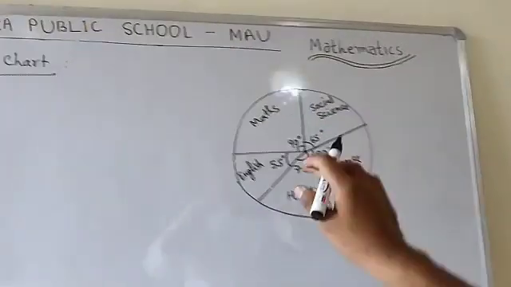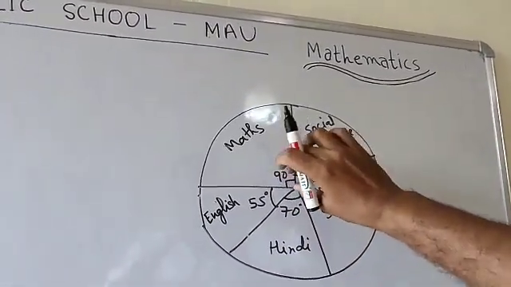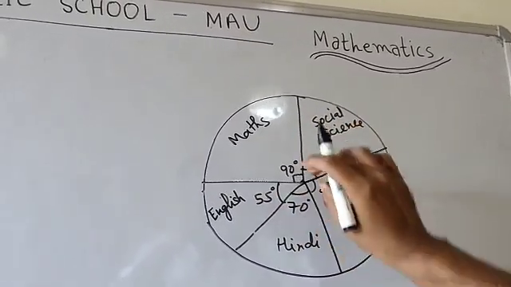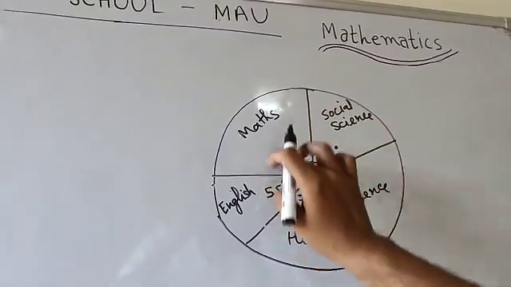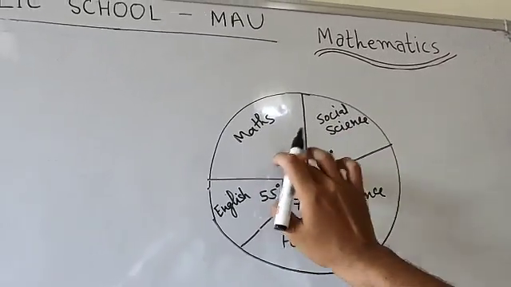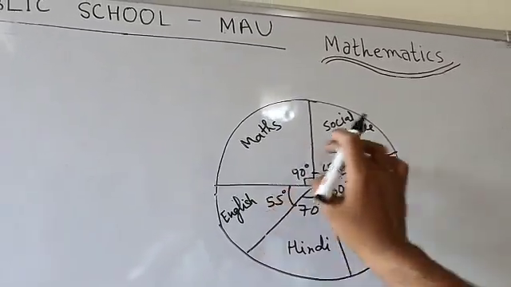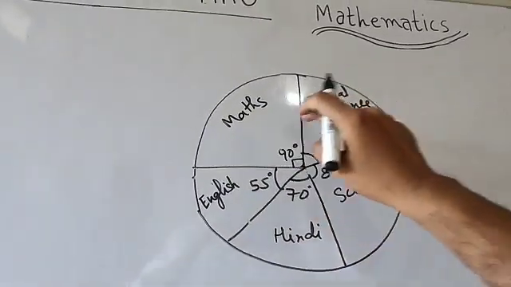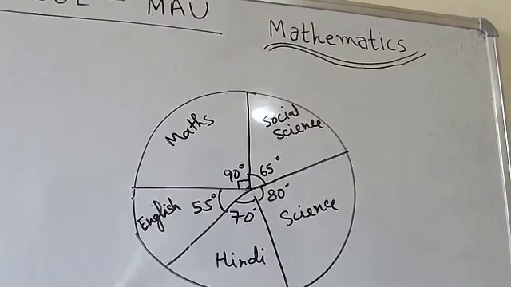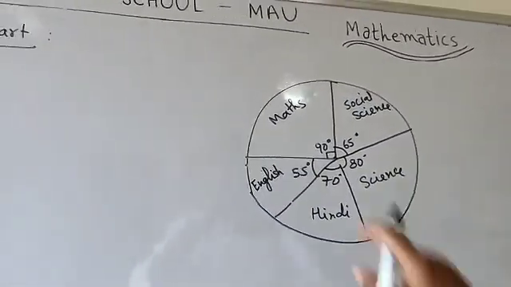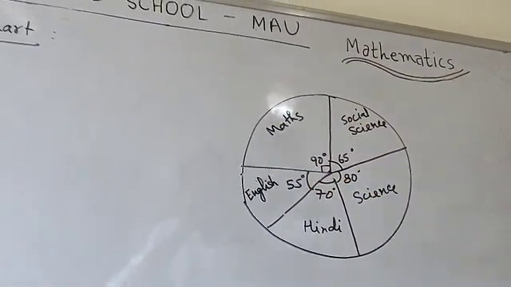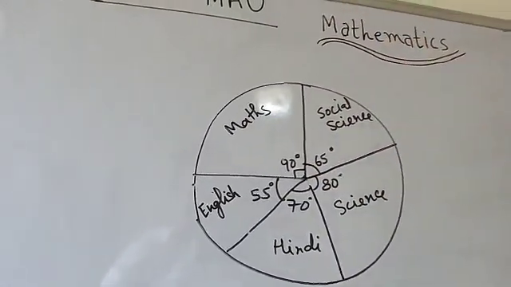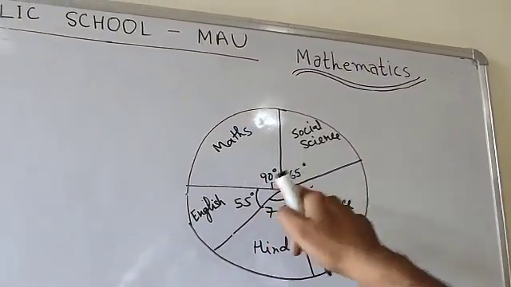Now here you know that this is a complete angle. If you divide it, it will be 360 degrees divided. So if you add the angle of each component, it will be equal to 360 degrees. It means you need to divide each and every value within the 360 degrees, so that it forms a circle. Whatever value has the highest angle, that value is greater. Here 90 degrees is the highest angle.